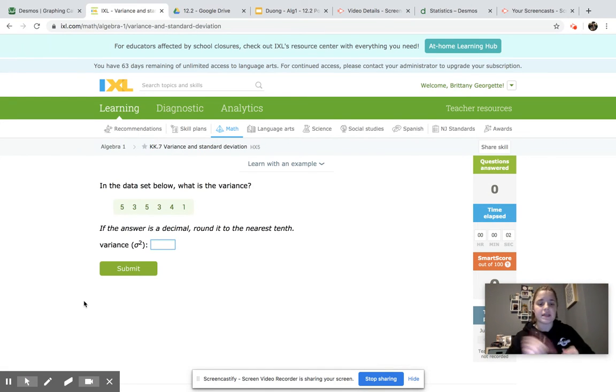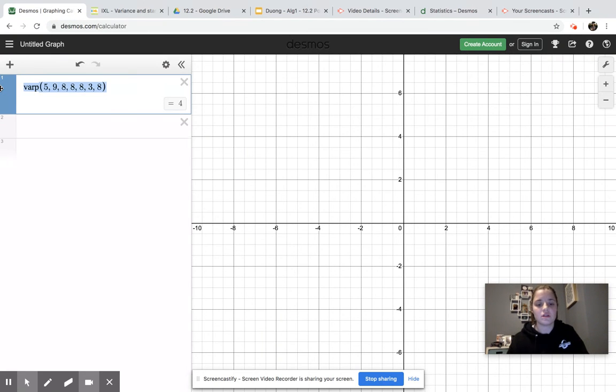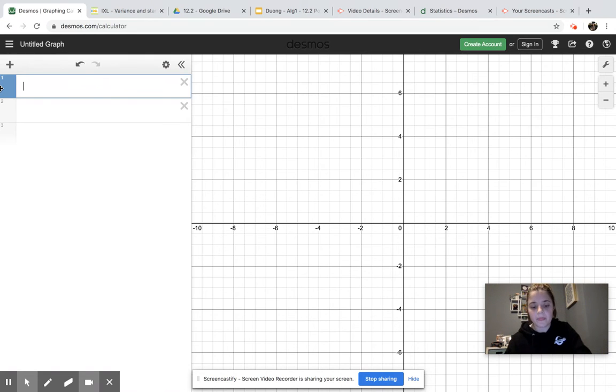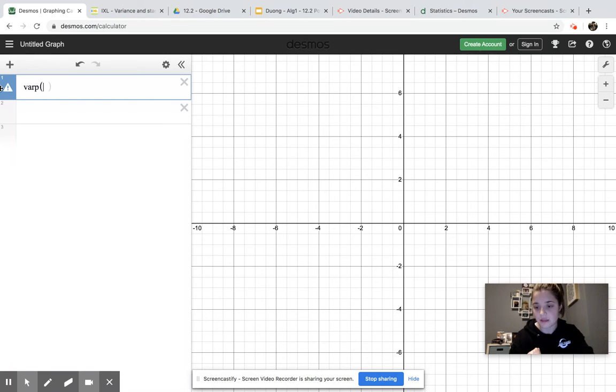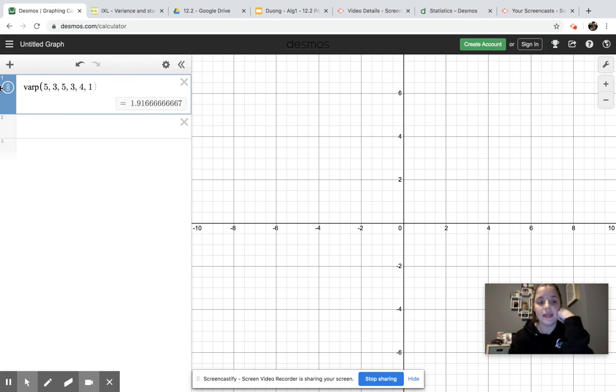The first one says, in the data set below, what is the variance? So we want 5, 3, 5, 3, 4, 1. So you're going to go to Desmos. I already have it opened up. And then to find variance, you're going to type in VARP, parentheses. You're going to plug in your points: 5, 3, 5, 3, 4, 1,